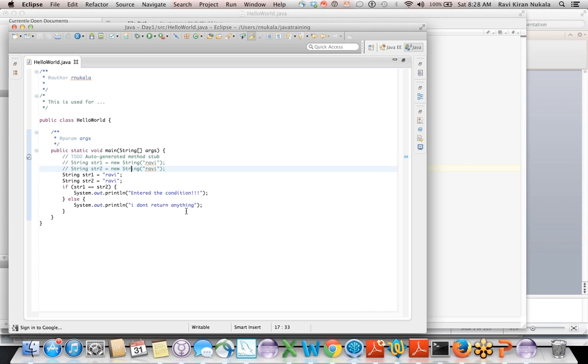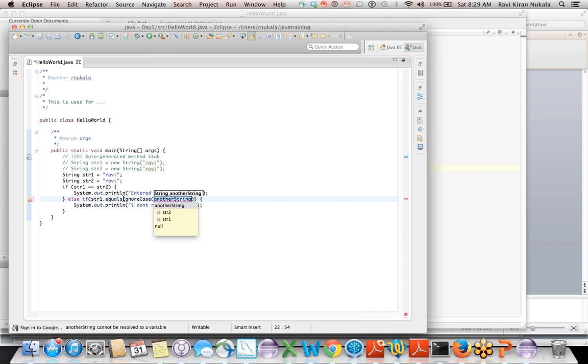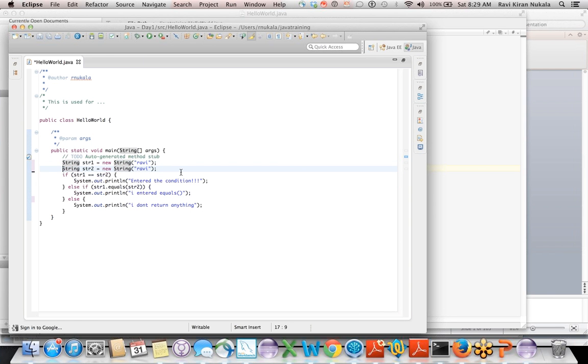If you are trying to derive the object value equality, instead of doing this, you should be doing this. So if I do this,